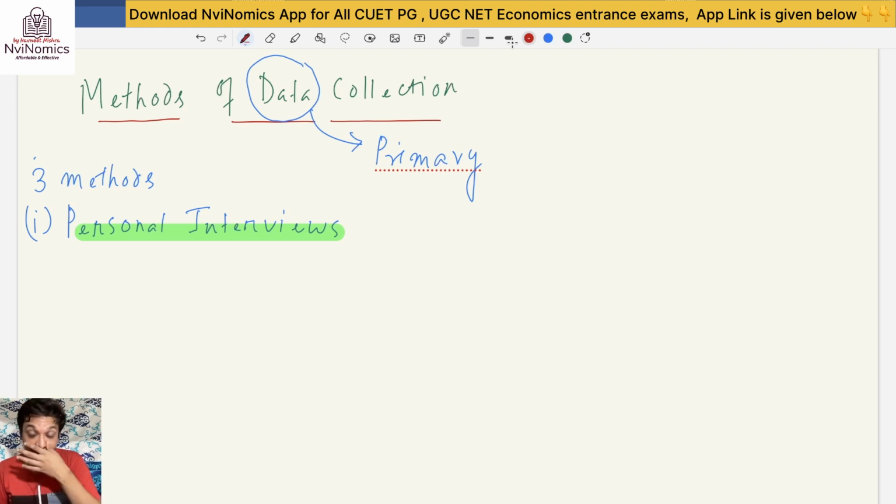How can a researcher use this particular method for data collection? Try to write two points. This method is used when the researcher